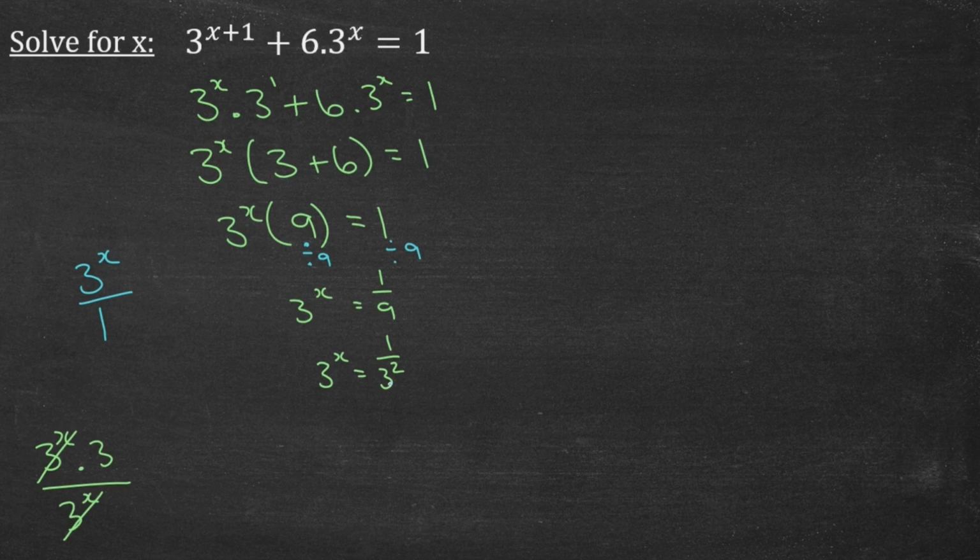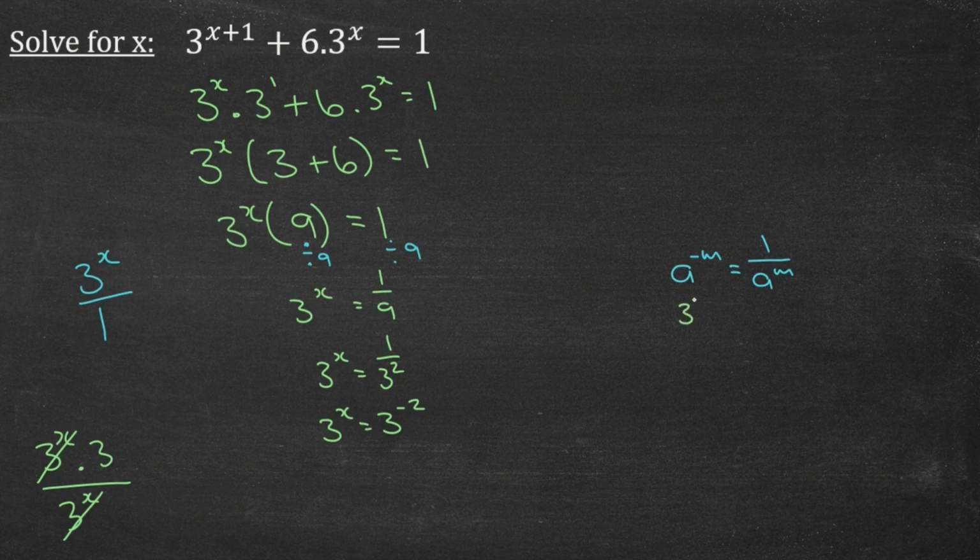Yes, I'm going to make use of another exponent law. And that law says whenever we have a negative exponent, I can make it positive by writing the base as a fraction. This that we have here on the right-hand side is in the same format as the answer of this exponent law. But we are going to reverse this law by rewriting it like this. Therefore, I'm going to write 3 to the power of x equals 3 to the power of negative 2.